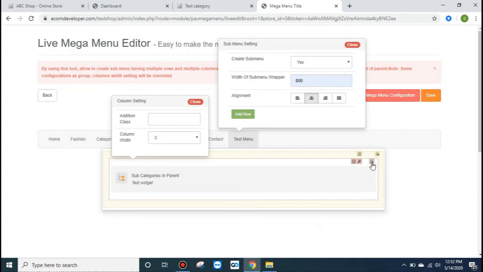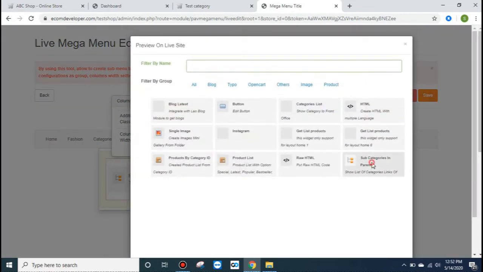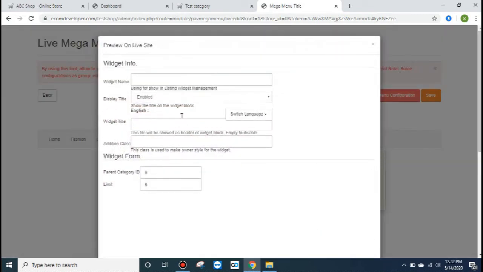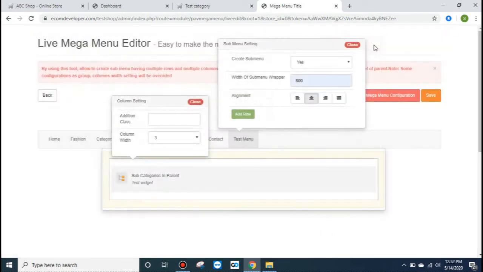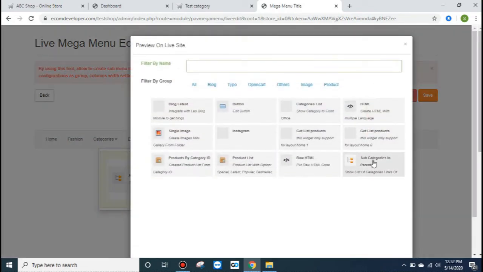Now further again click here, yes. So again we will put 3, we will create another subcategory.